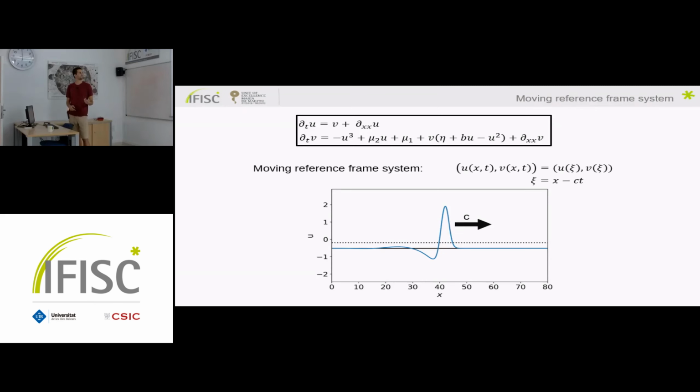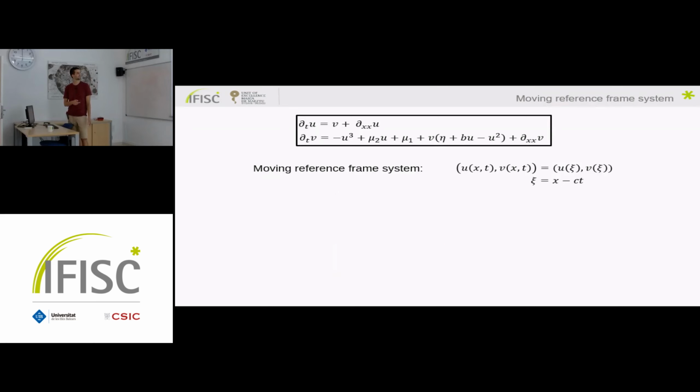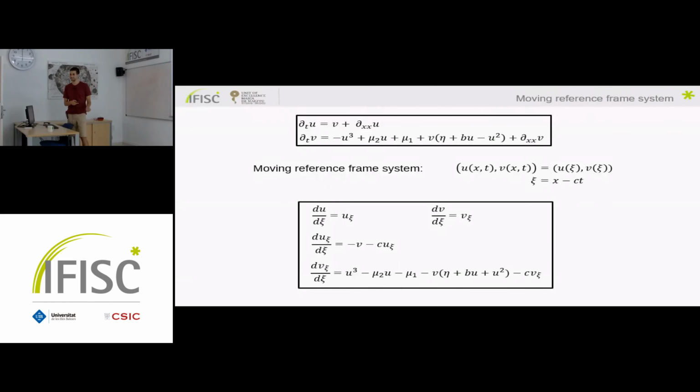And therefore, they can be described, embedded with space and time, with only one variable, c, that is a linear combination of the other two. Here we define it as x minus the velocity times the time. So as these fields only depend on one thing, we can impose this in our partial differential equation, and with some changes, we arrive to a system that describes this kind of solution.